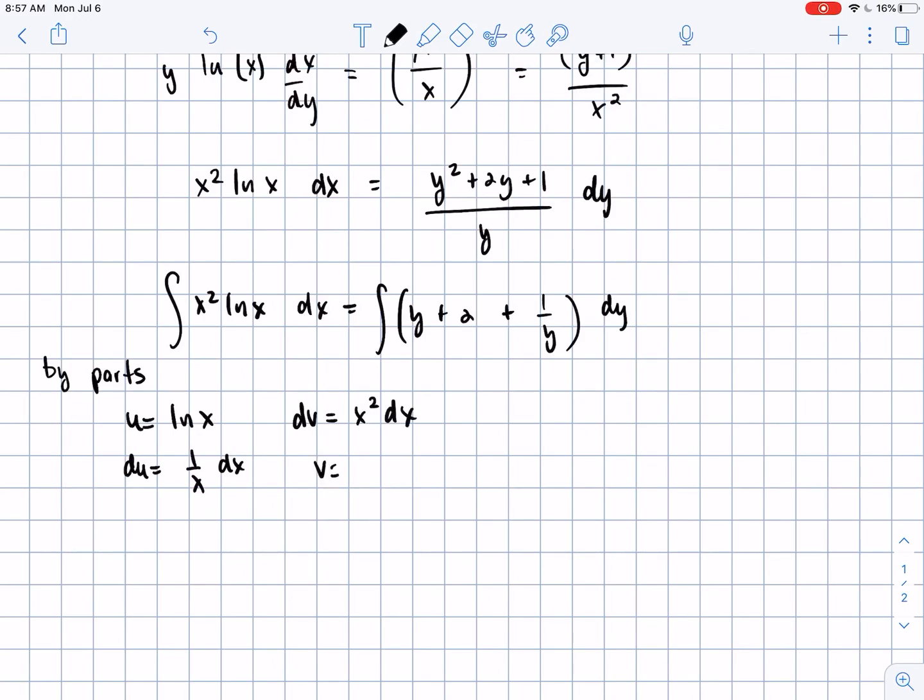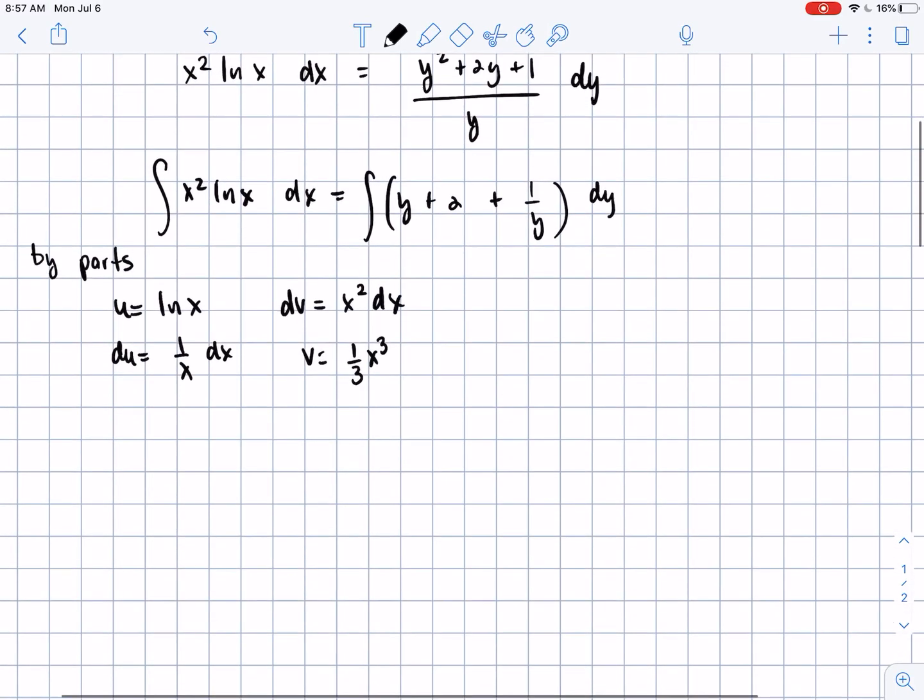So the antiderivative of x squared is 1/3 x cubed. So here we'll have uv, so 1/3 x cubed ln x minus the integral of v du, so that's going to be 1/3 x squared dx, and that's going to equal